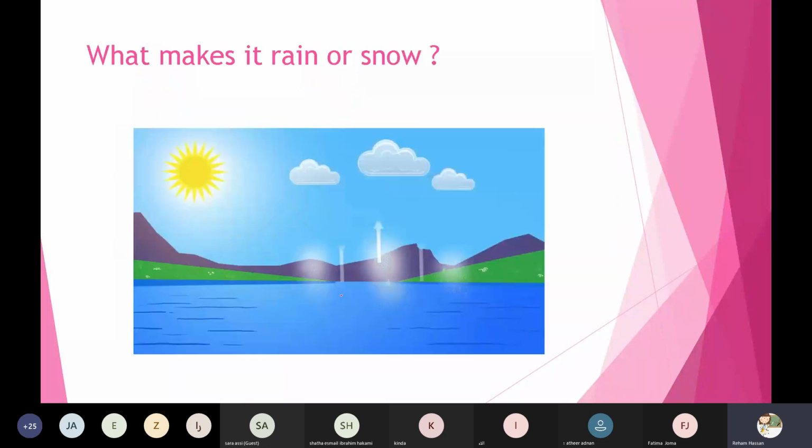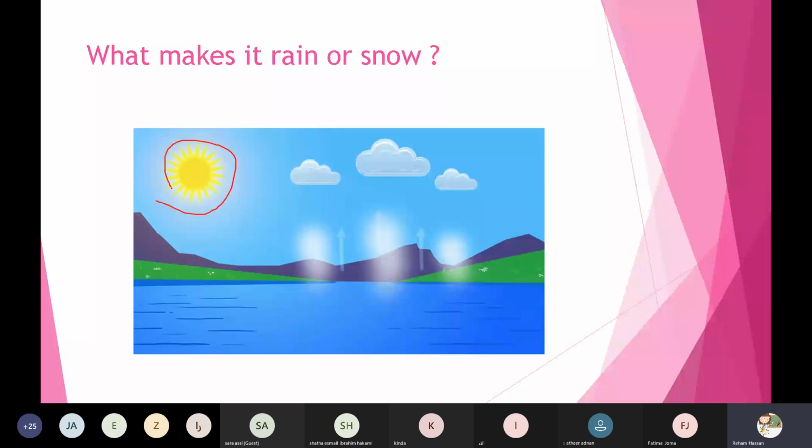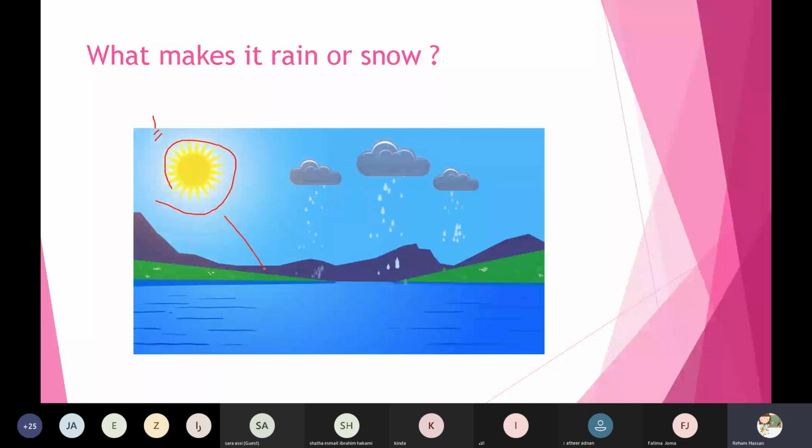Thanks a lot, Noura. But look here, Noura. Now we have the earth water in the oceans, in the rivers, in the ponds, but which heats up or warms this water? The sun. Amazing, Noura. Thanks a lot. So the sun, grade 1, the sun warms the water, warms the earth water. So number 1 in the water cycle, the sun warms the earth water.